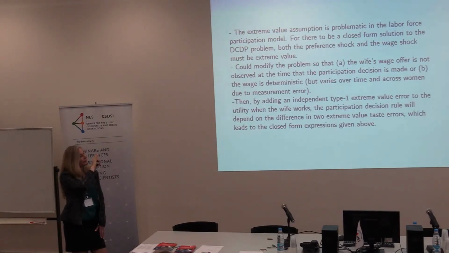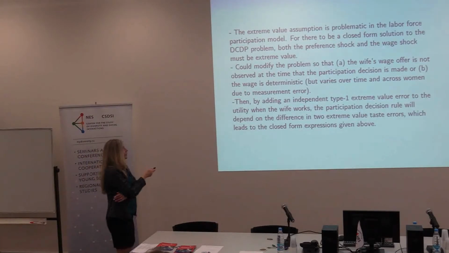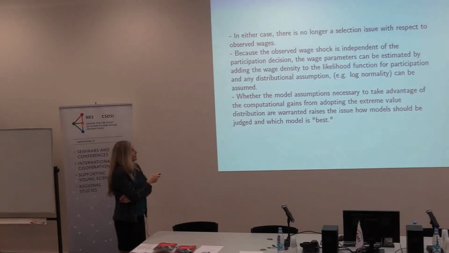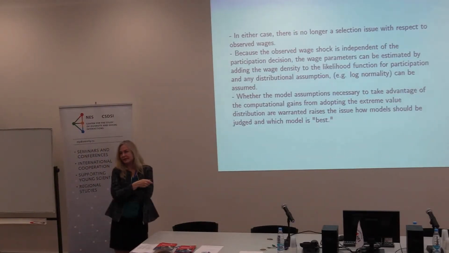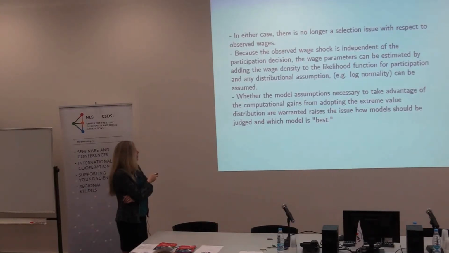And that actually then there's no selection problem. You know, so there are different assumptions you could make that might make it computationally easier. So sometimes if you're reading papers and you say, why did they assume this? It could be that it just made the problem computationally much easier. I actually use normality a lot, but that's kind of a matter of preference. Some people always use these extreme value